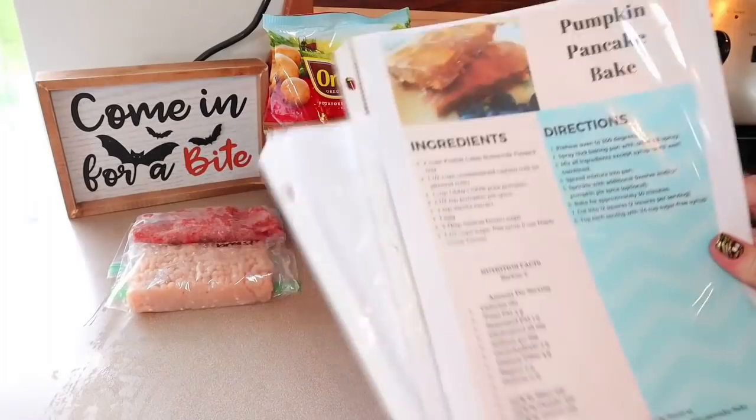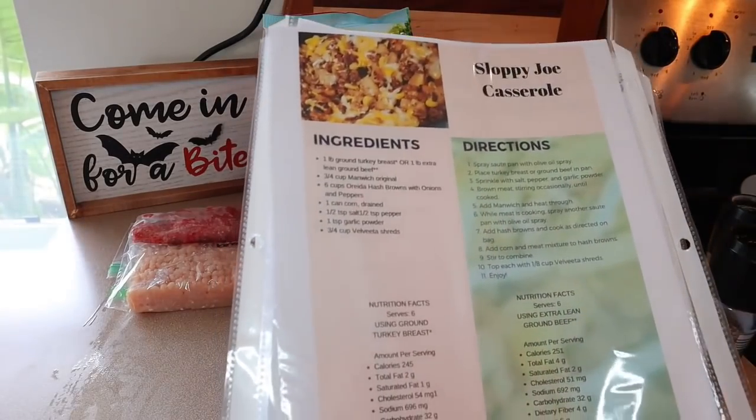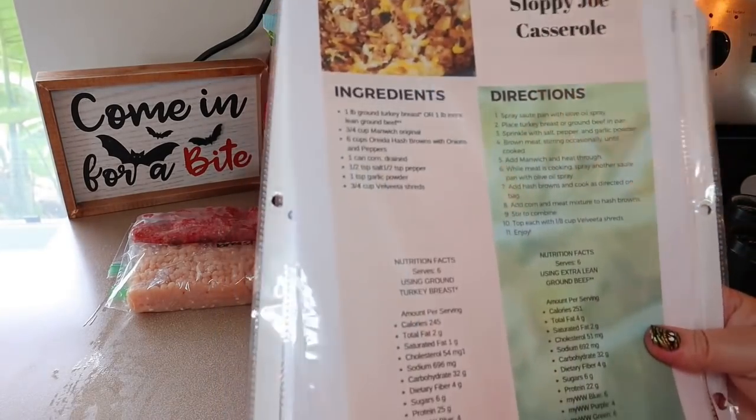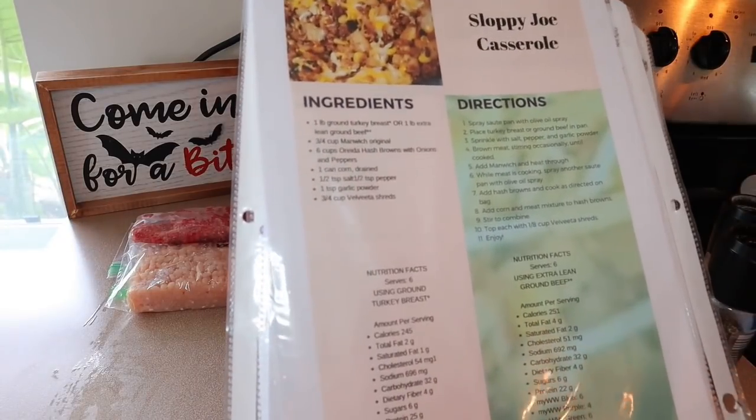Moving on to lunch. For lunch this week, we are doing Sloppy Joe Casserole. I love this one. We make this for dinner sometimes as well. So for this one, the nutritional facts, the points and calories are going to depend on the type of meat